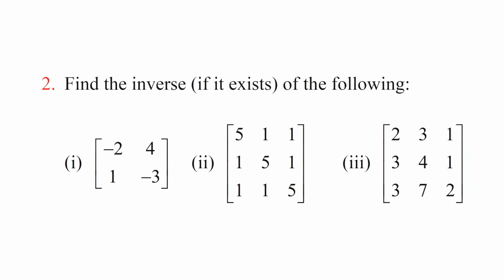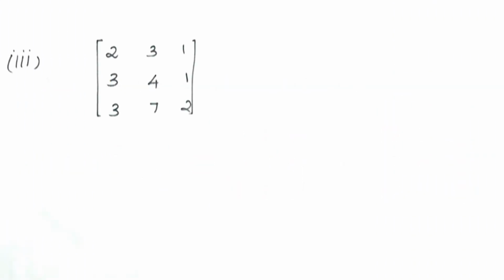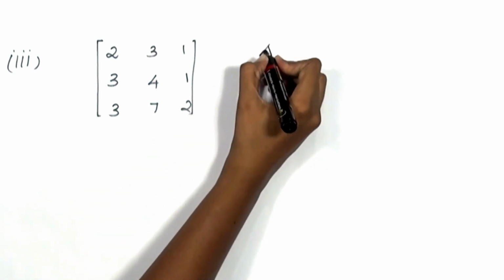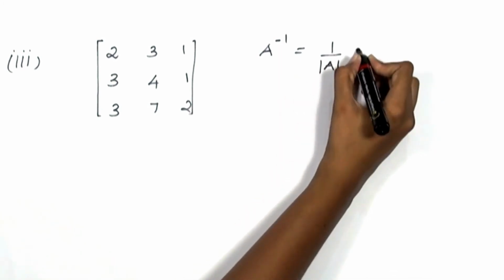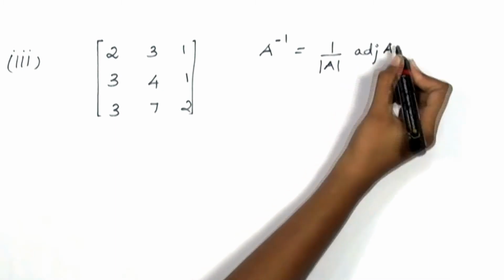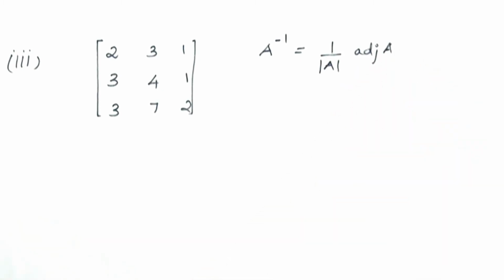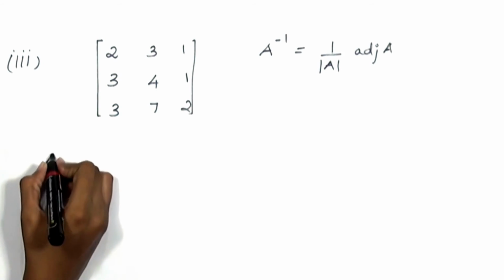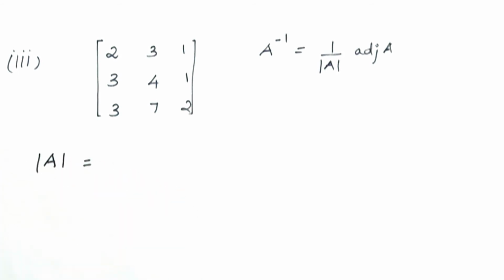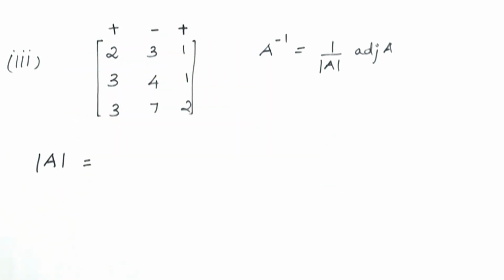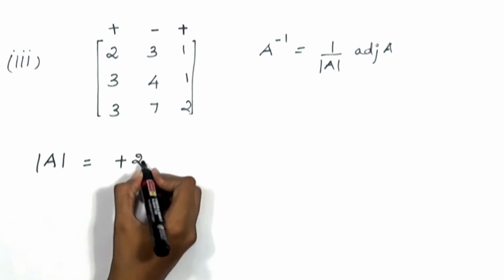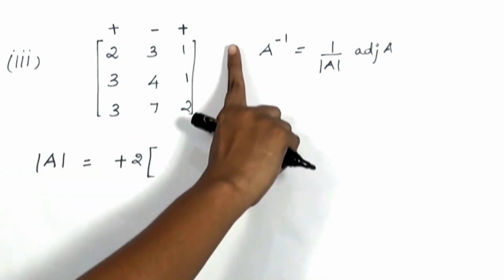Moving on to the third subdivision. So we have a formula for A inverse. A inverse is equal to 1 by A determinant into adjoint A. So first we'll find out A determinant. In order to find A determinant, we'll be following the sign convention only for the first row, which is plus, minus, plus. So for the first element, plus 2, cancelling out this column and this row, we'll have